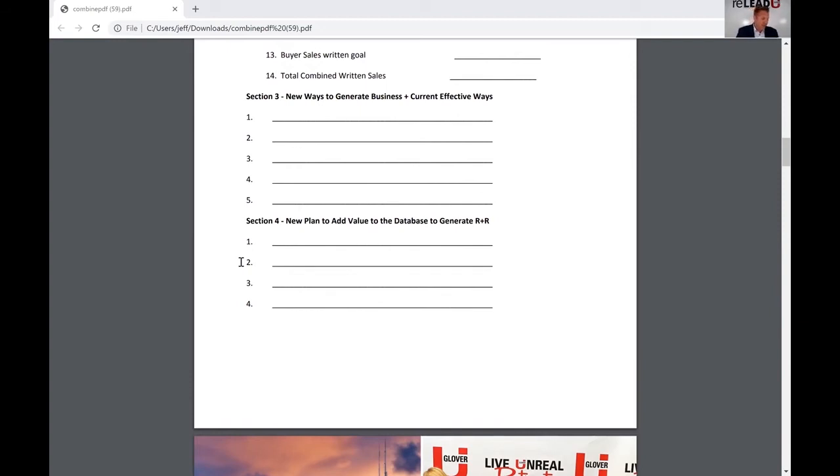Wipe the slate clean, right? Like you had written down here. Oh, right there, boom. It's section 7 in the original plan. You guys, I did the 2020 video. We put it on YouTube, so many of you maybe had a chance to see it. Action items that add value to the database. You go back to this and you look at what applies now, what doesn't. And I want you to write in the things that do apply now, things that you can do, and a couple things that maybe you've heard of in the last several weeks of people doing to add value to their database. I'll give you a couple examples.